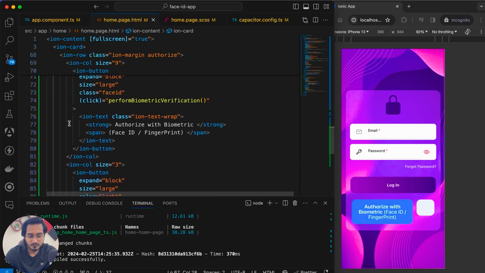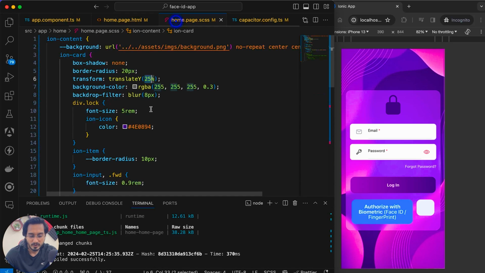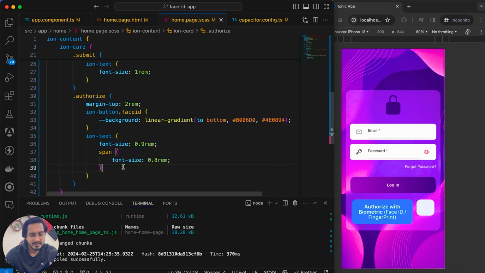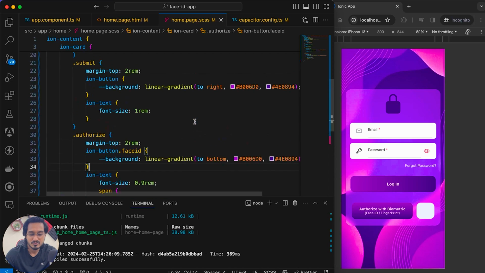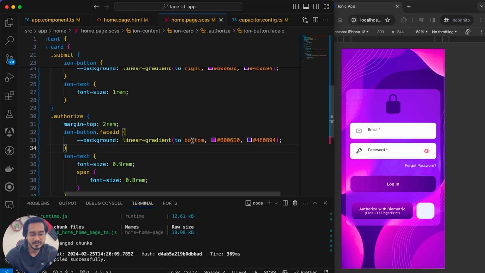And here you will see I am just using an ion row where I'm passing some margin and an authorized class. What am I doing? I am passing margin top to be of 2 rem and working with the button where I'm passing the same gradient which I have passed for this particular button here. Okay, just the alignment was different. After that,